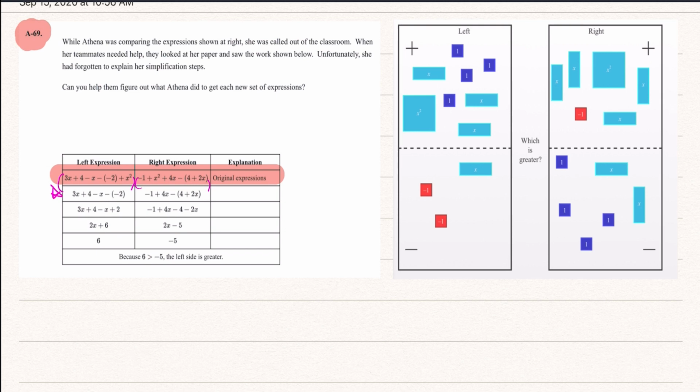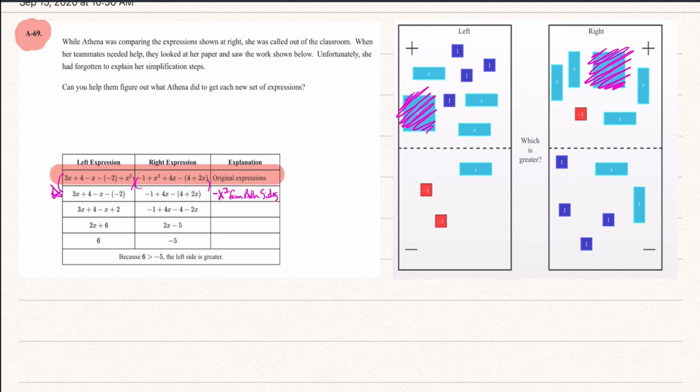If I had it set so left expression equals right expression, I could subtract x squared from both sides. But since those are both there, I'm going to go ahead and scribble them out, because both sides have it, so both sides are balanced. Next thing's next. Now that we write down that the explanation is subtract x squared from both sides,